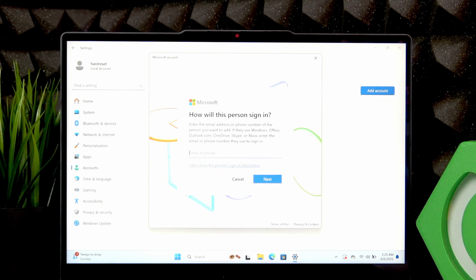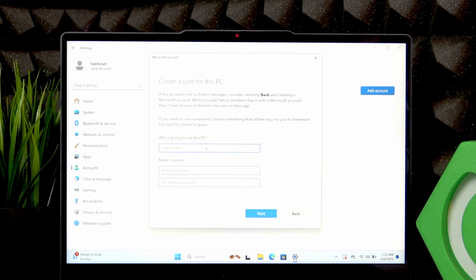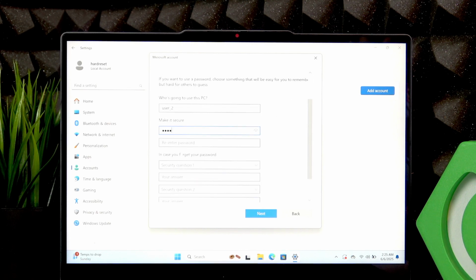But if you want to create an account locally, then you have to press this button right here and then select Add a user without a Microsoft account. You have to create a username for them. Well, in my case, I'll create the one like this. Then create a password,